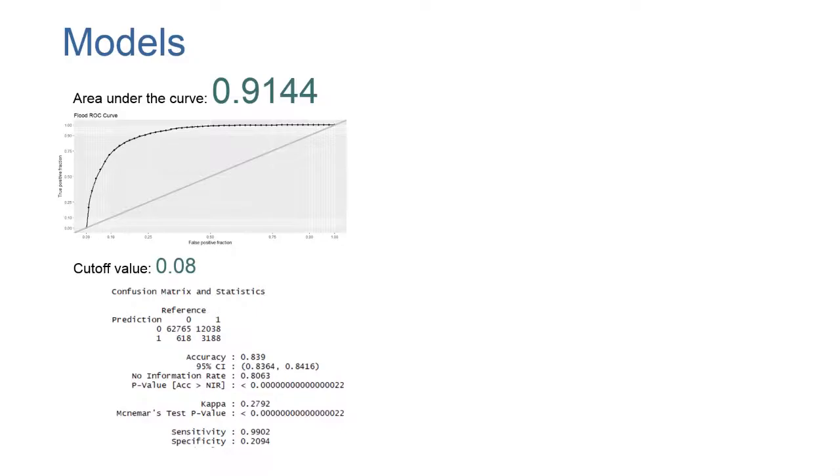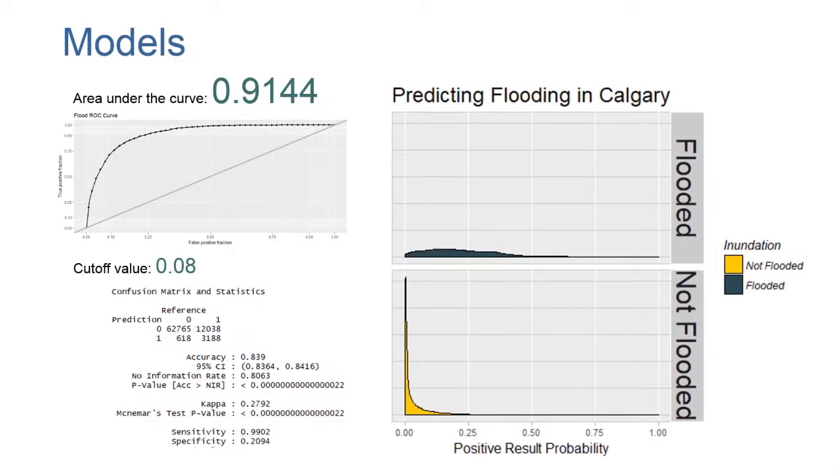Here, we can see that there are about 1,200 false positives. That is okay because we want to be predicting more areas are flooded to keep more people alert. The density plot on the right shows the probability assigned to pixels which were flooded and not flooded. The plot shows that the model is very good at predicting not flooded pixels, but not as good at predicting flooded pixels. Here we have 3 maps.